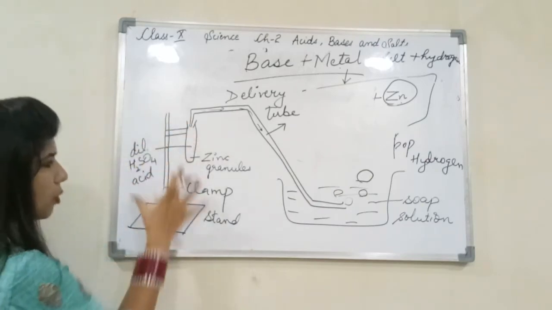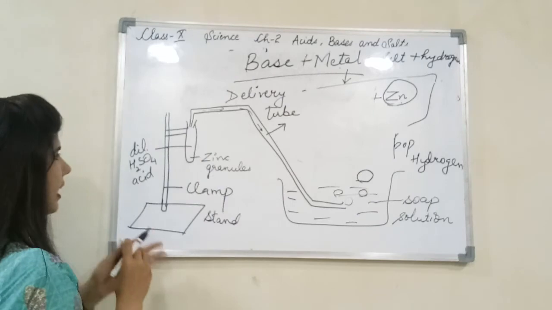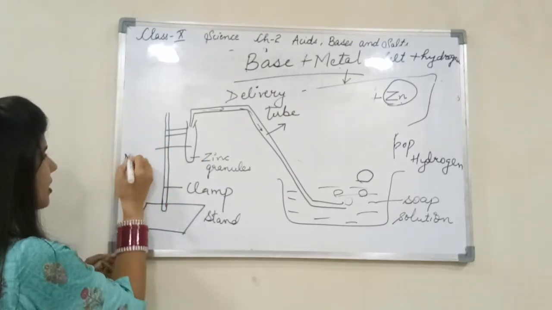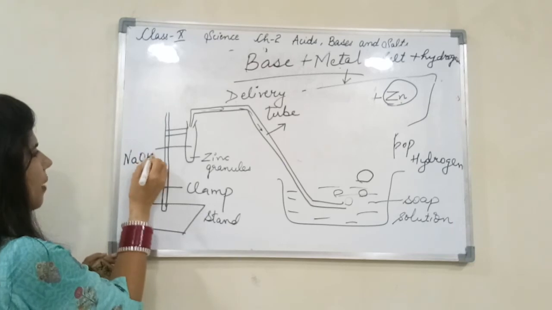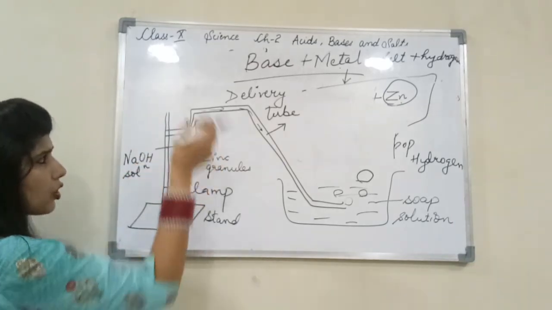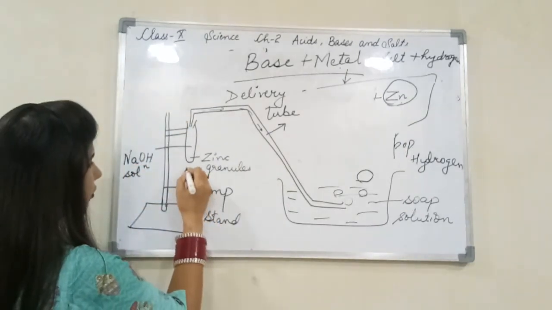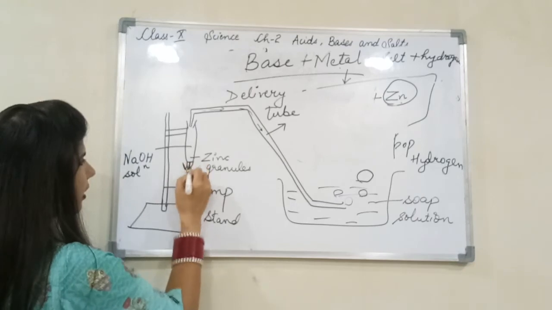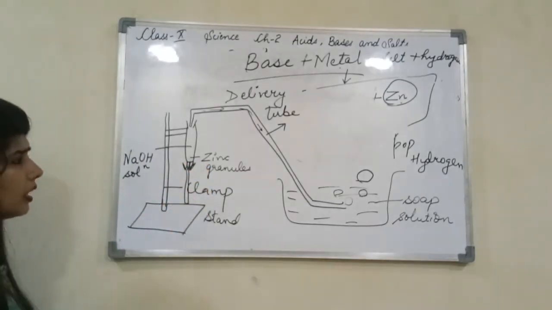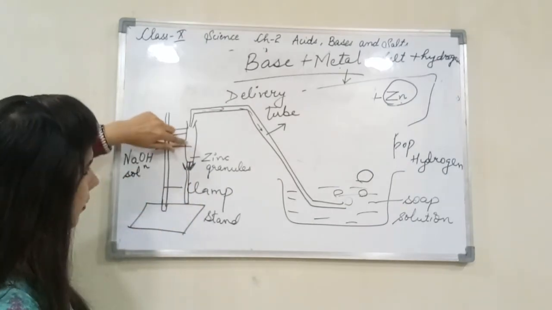What you have to do is same, you will be taking a clamp stand, you will be taking a test tube, in that you will add zinc granules. But since we are reacting zinc with the base, so instead of sulfuric acid I am taking sodium hydroxide solution. So you take zinc, and to that zinc you can add 2 ml of sodium hydroxide solution. But one more thing you have to add, since it's not that reactive, तो थोड़ी सी आपको हीट देनी पड़ेगी यहाँ पे. Okay, you can add a Bunsen burner over here, or you can use anything for burning. तो burn किया हमने, ठीक है.